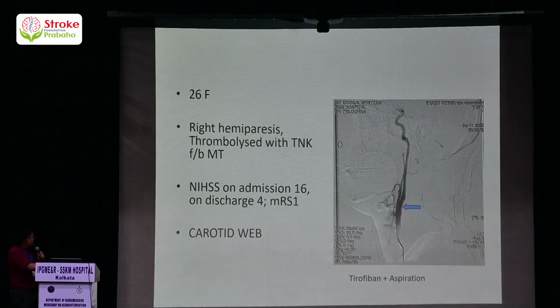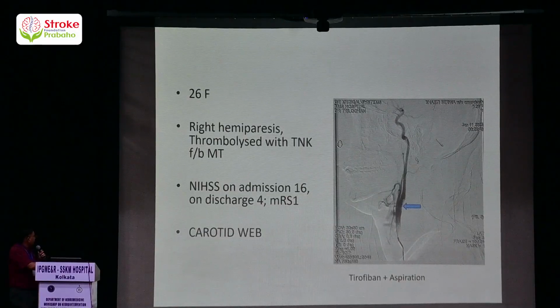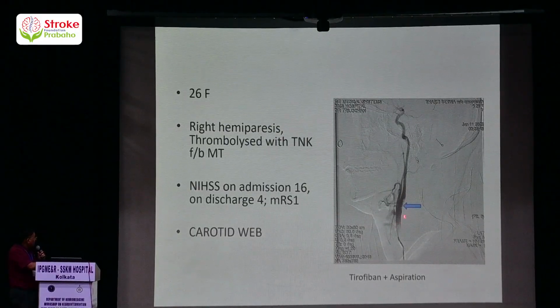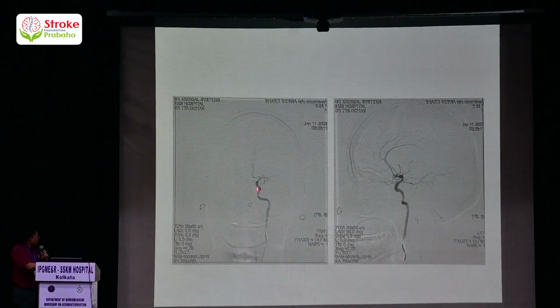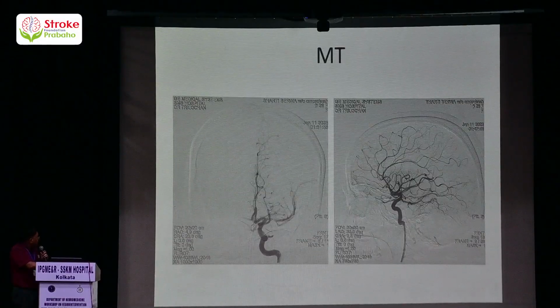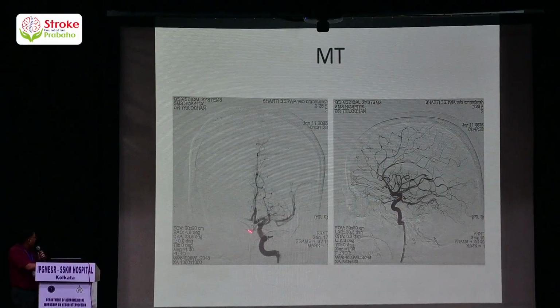So one example, a 26-year-old female, she had right hemiparesis. She was within the window period, so thrombolyzed with tenecteplase and subjected to thrombectomy. What we can see here in the initial angiogram is a lot of clot. So tirofiban was infused, followed by aspiration. And there was an M1 occlusion also. So we have done thrombectomy, and